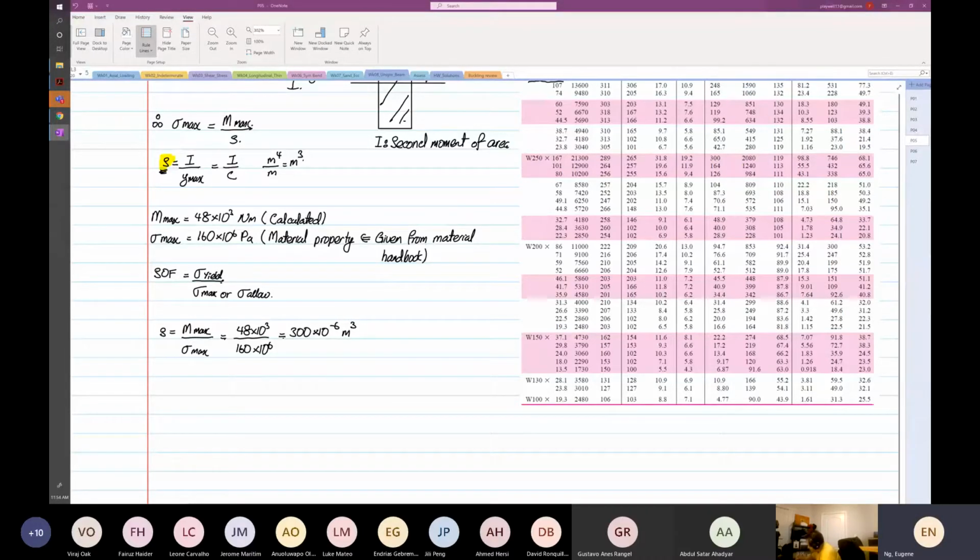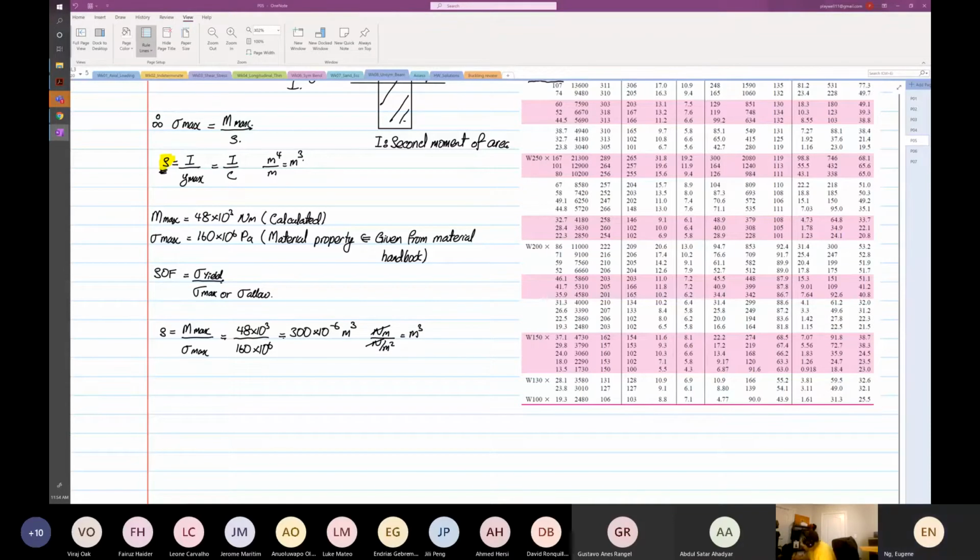So why meter cube? Because this is Newton meter, and this is Newton per meter squared. So that's why the unit is meter cube. You can cancel the Newton down here. So it's meter cube. Now, if you look at the table,